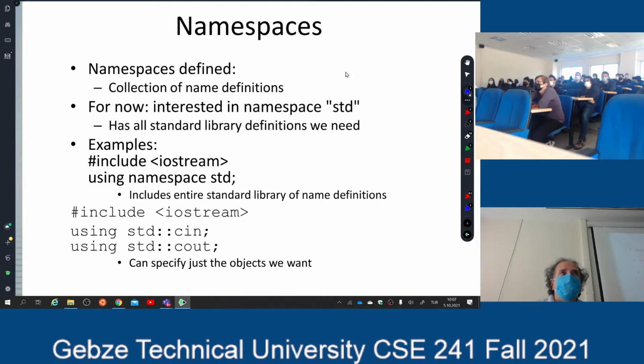Okay, so everything standard that comes with standard C++ is placed inside the standard namespace, and you don't have to use this standard namespace. Standard doesn't mean that you have to use it. Standard means that it is standard, everybody knows about it. If you like to use the standard namespace and